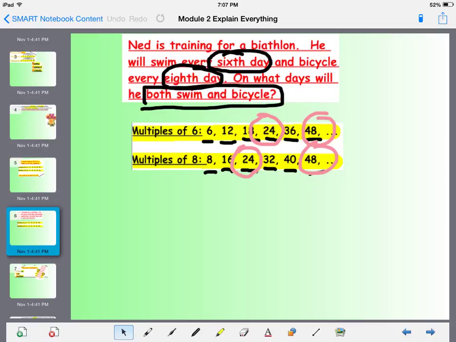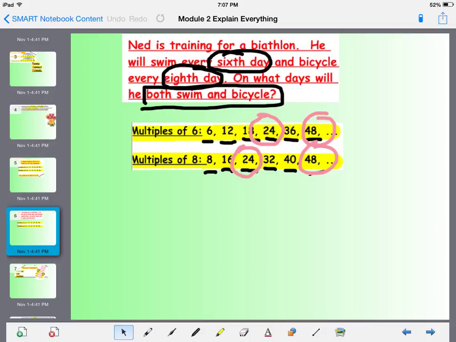multiple. If, however, they want us to keep going, we very well could keep going with multiples of 6 and multiples of 8 and determine on what days he will be doing both activities on the same date. Now, it just so happens that for this example, the least common multiple is day 24. So on day 24, Ned will be training for the biathlon, and he will be both swimming and riding his